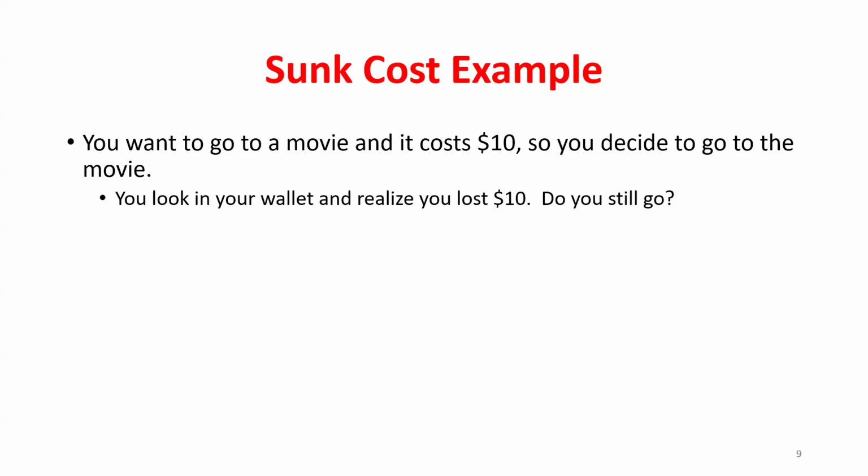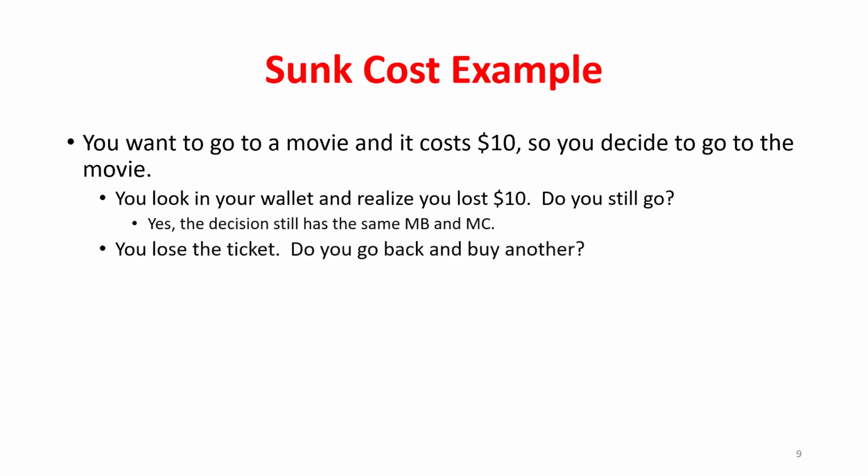So we make decisions not based off of total costs. We make decisions based off of marginal costs, okay? Same kind of thought experiment. If I bought a ticket, so I've already paid the $10, and then I lose it. Well, if I go and buy another one, what's the change in my total cost? I've already spent 10. If I buy another ticket, I've spent 20. What's my marginal cost? If I don't go to the movie, I lost this ticket, my cost would be $10. I already paid for it.